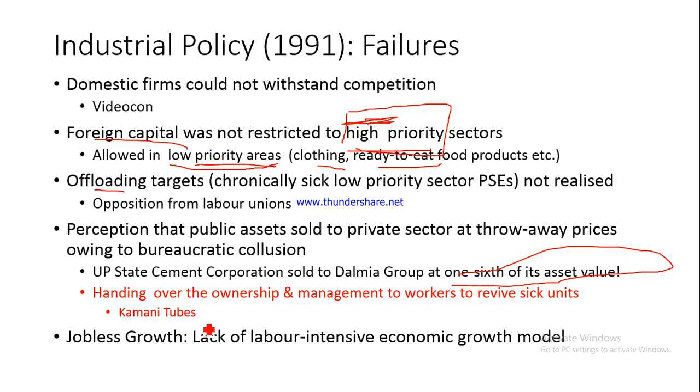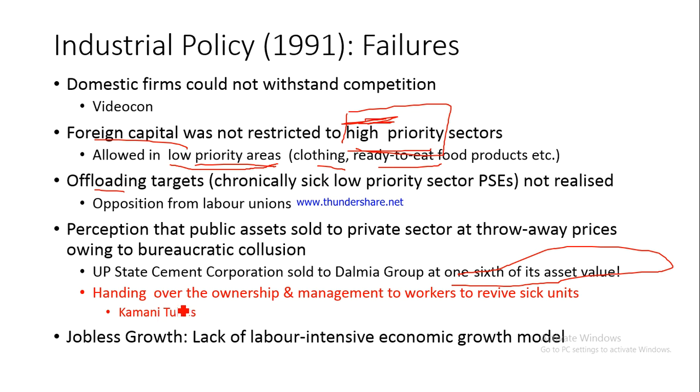However, there was no commensurate increase in the jobs in the economy. So there was increase in GDP growth. However, there was much less increase in the number of jobs which are available for the unemployed youth. And so it led to a period of jobless growth. Jobless growth meant that GDP is growing, however it is not translating into more number of jobs for the unemployed youth. So it was a period of jobless growth.